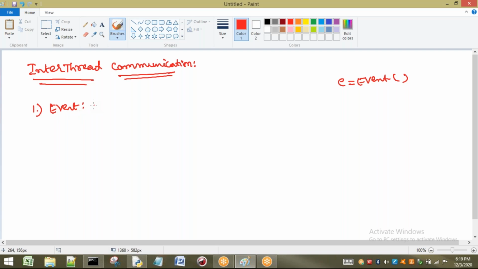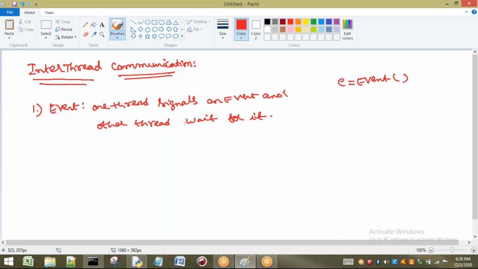Here, we can implement inter-thread communication by using event like this: one thread signals an event, and the other thread waits for it.